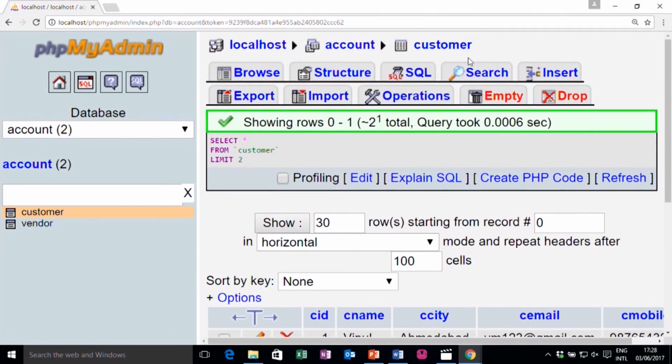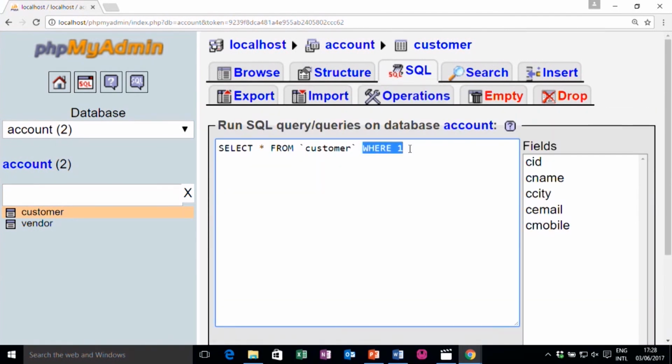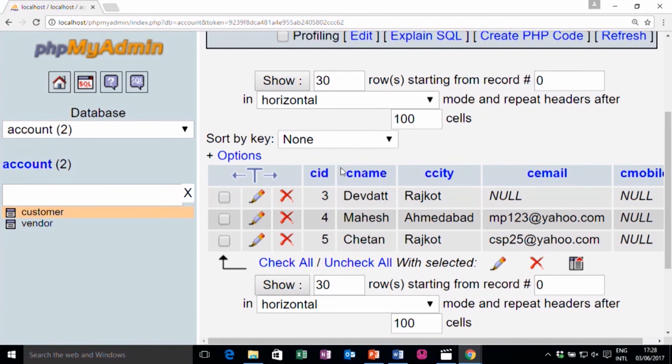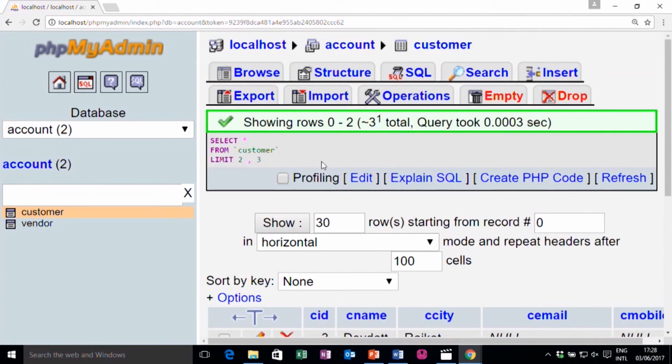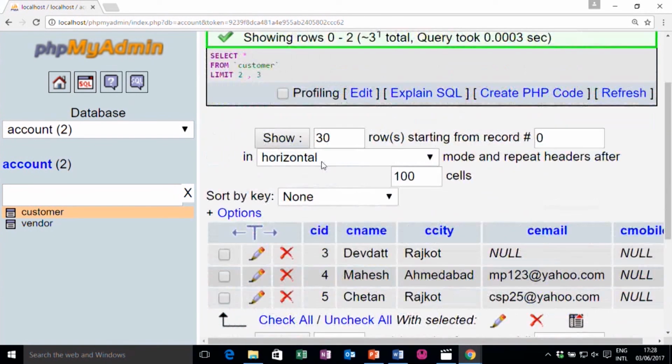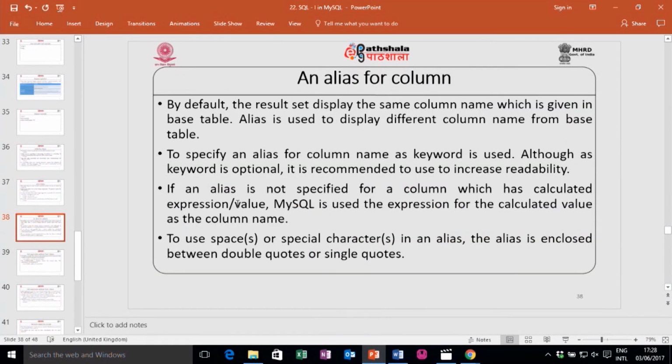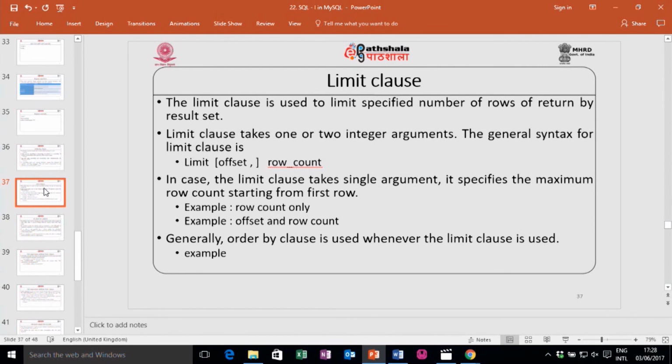But if I write select star from customer limit 2, 3, it will display record numbers 3, 4 and 5, because the offset is 2 and it starts from 3. So, this is the offset value in the limit clause, and limit is generally used with order by. After order by you can use limit.